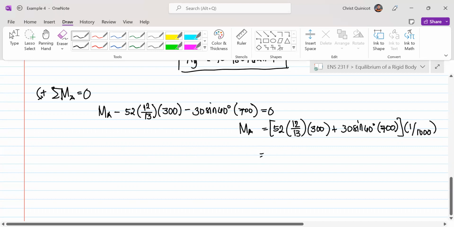So this is 52 times 12 divided by 13 is 48 times 300,